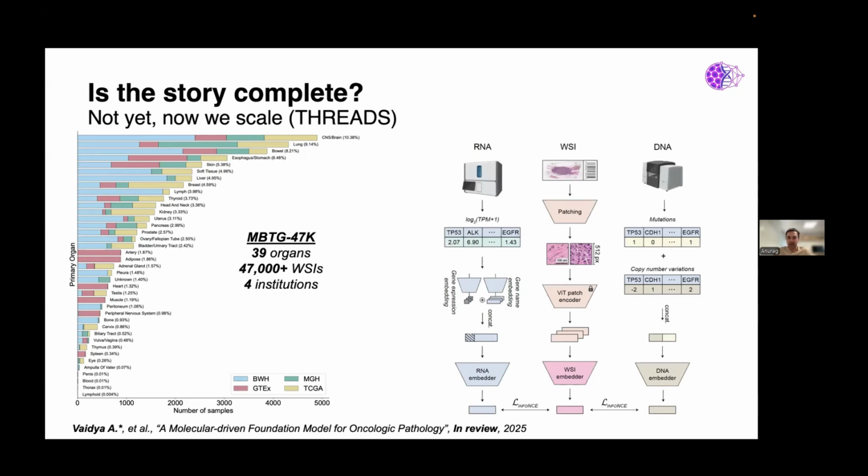A very quick architecture overview. This is not a very complex architecture because we believe that simple architectures with really good data can help you scale well. So we have an RNA backbone, a whole slide image backbone, and a DNA backbone. And the purpose is to compress all of these modalities to a smaller dimension and then contrast them with the InfoNCE loss. One interesting addition here is that to compress RNA into a smaller representation, we use the scGPT architecture,